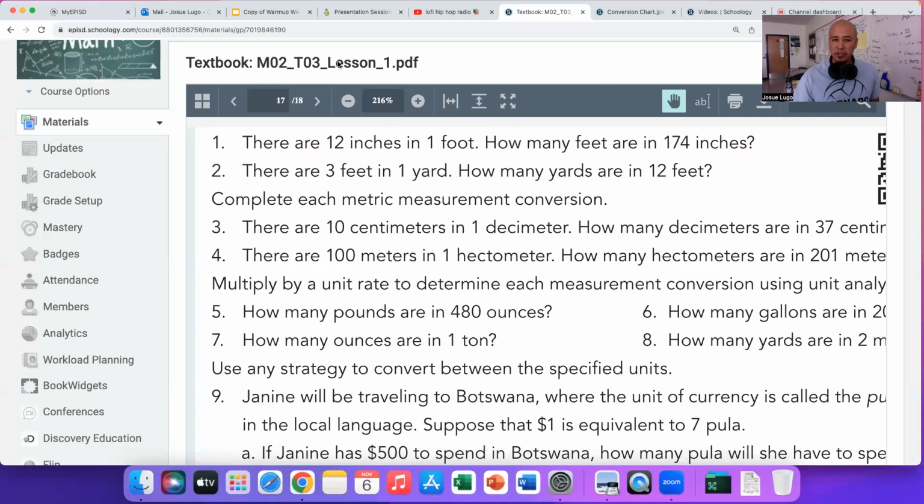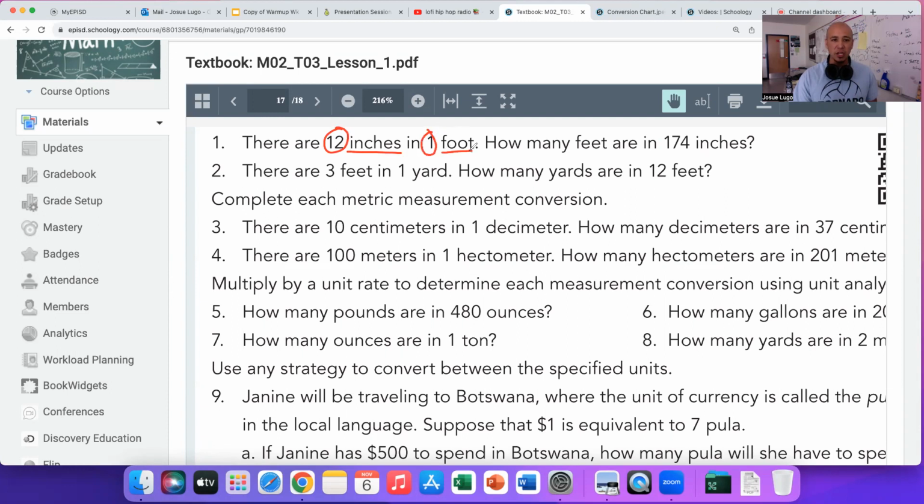In this video, I want to practice some conversions. Remember, conversions is simply when you're going from one unit to another, as we're going to be seeing in these examples, in these assignments. So let me do a few of these problems, beginning with the first one, which is actually quite simple. For example, number one, as we look at number one, it reads, there are 12 inches in